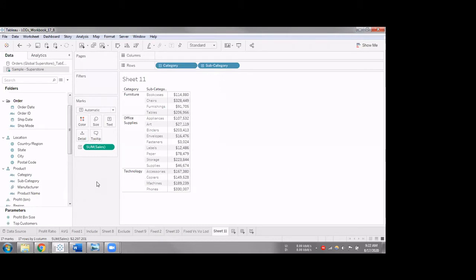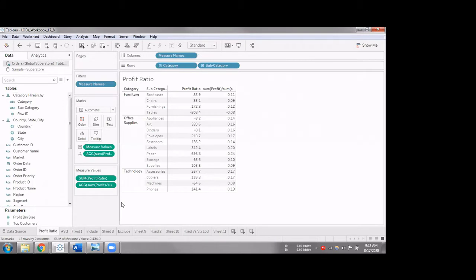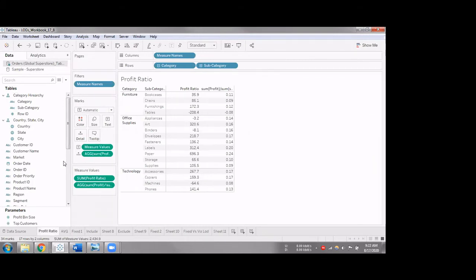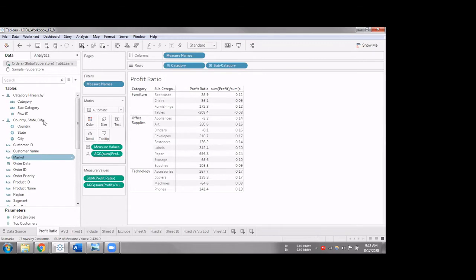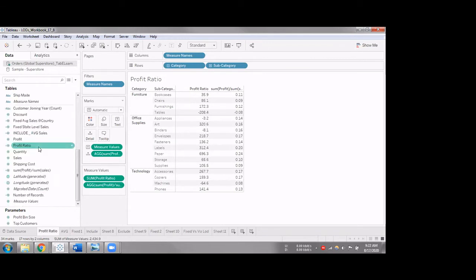Now let's take a look at some examples using the granularity and aggregation that we just saw. Most of you might be familiar with this, but just to keep transparency, I'm going through this. I just wrote a simple calculation field. In the data I have a sales column and a profit column. If I go to the data source,